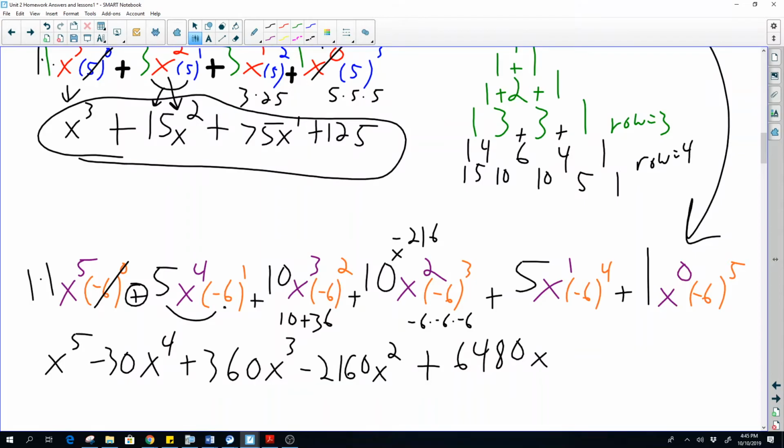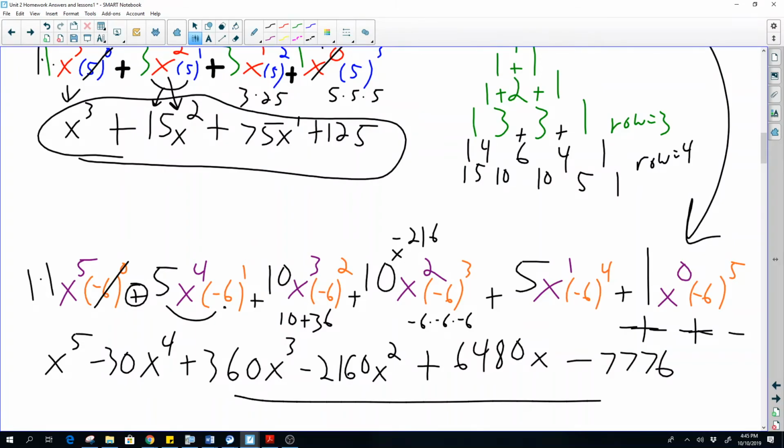And then our last one is -6 to the 5th power, which is going to be a negative times a negative is a positive, negative times a negative is a positive. So those become positives, but that last negative will make the whole thing negative. And then 6 to the 5th power is 7776. So there is our answer